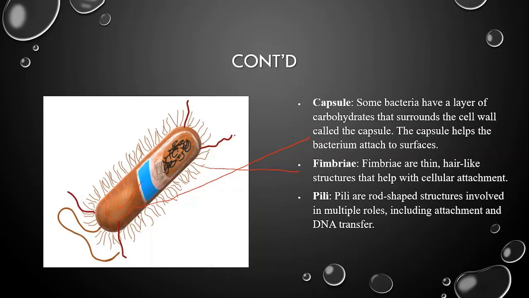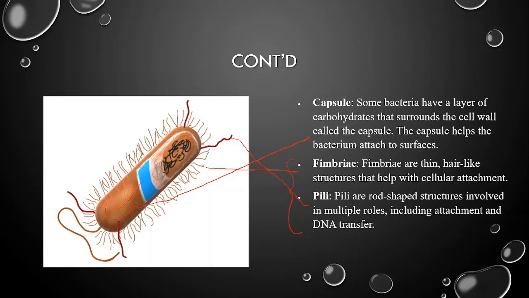So here you can see the rod-shaped structure, which is called pili. This can be present only in some gram-negative bacteria. The pilus has a shaft, which is composed of a protein called pilin. So both these fimbriae and pili are organelles of adhesion that allow the bacteria to colonize environmental surfaces or cells and